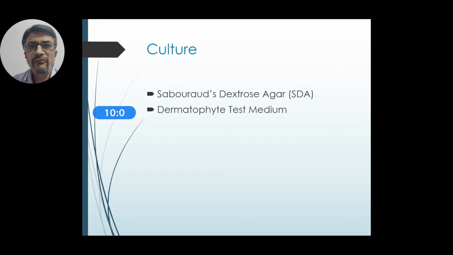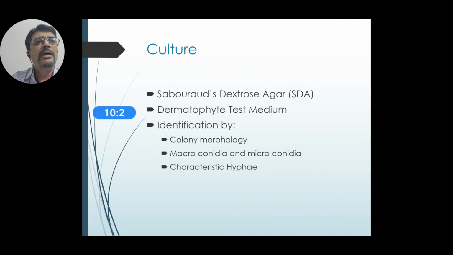Same way, dermatophyte test medium is a specific medium for the growth of the dermatophyte, which has all the CC supplement plus an indicator. So the growth would be seen as a colored thing. And how to identify the species? For example, in culture on Sabouraud agar there is a growth. Then how will we identify the species?